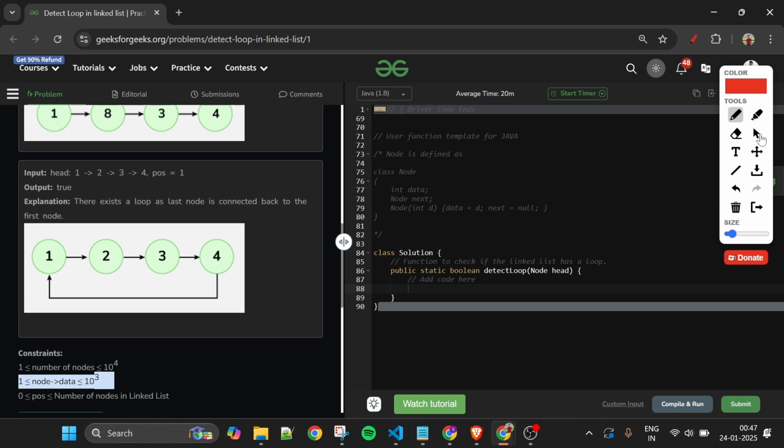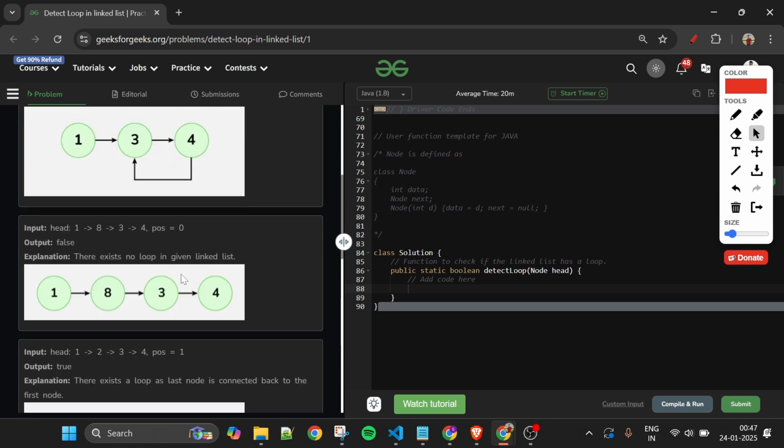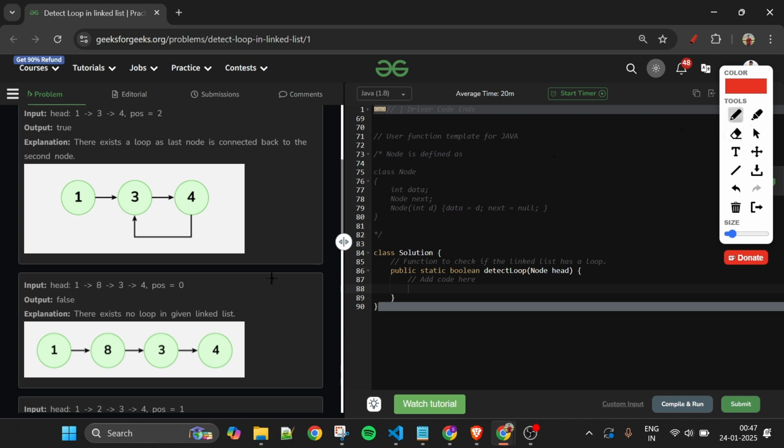Okay, all right. The third approach which is coming to my mind is basically Floyd's cycle algorithm, in which we take two pointers, slow and fast. Slow will run at one speed, like in 1 second it will cover one block, and fast will cover two blocks. And we have to tell basically if a loop is present or not. So how are we going to do it? Look,